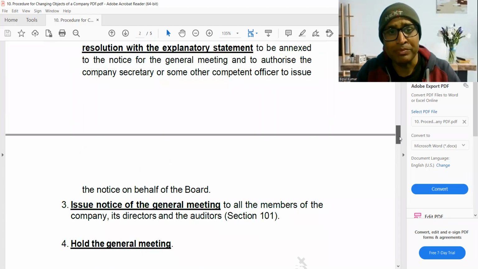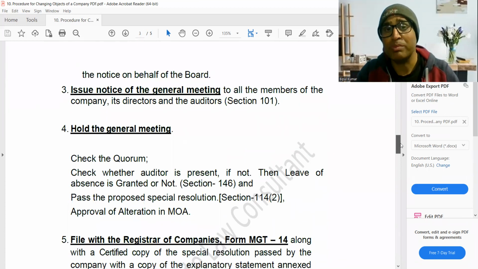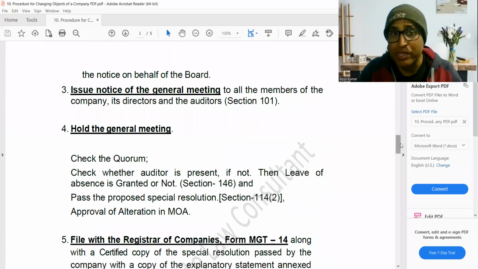After holding the board meeting, issue notice of the general meeting to all the members of the company, its directors and auditors. Here a proper 21 clear days notice should be issued, and